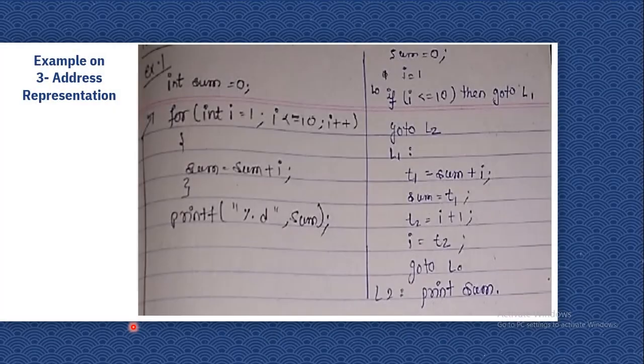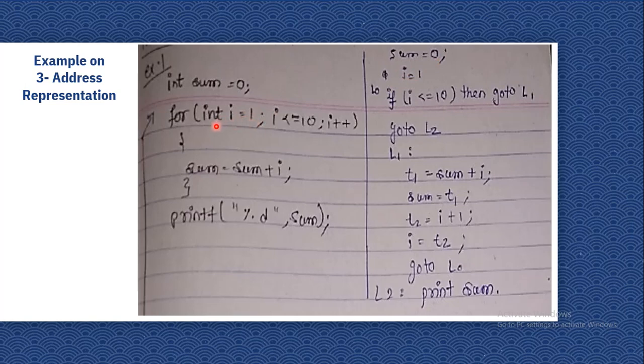If we have this question and we have to convert this program to the three address scheme, what do we need to do? Sum equals 0: we are copying 0 into sum, so it is in three address format. I equals 1.